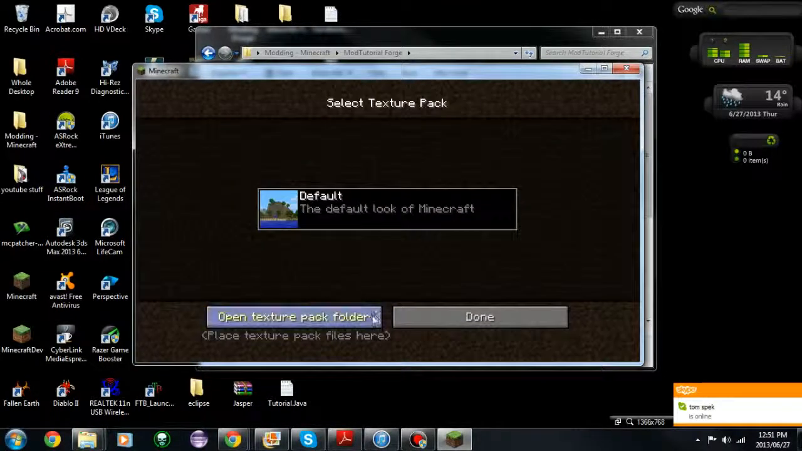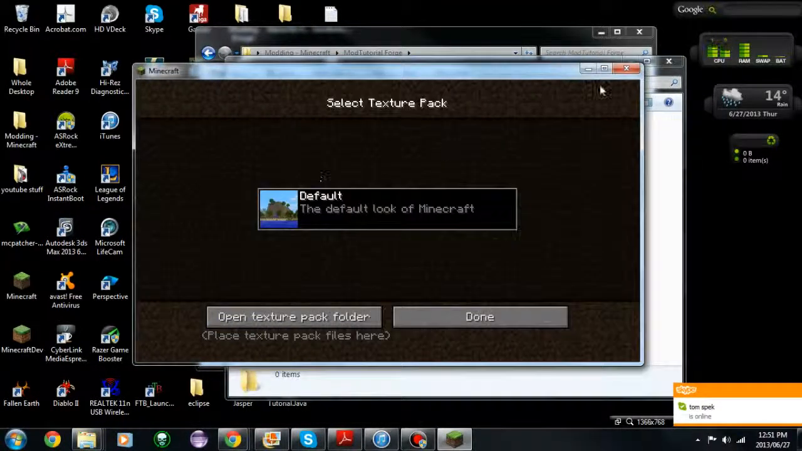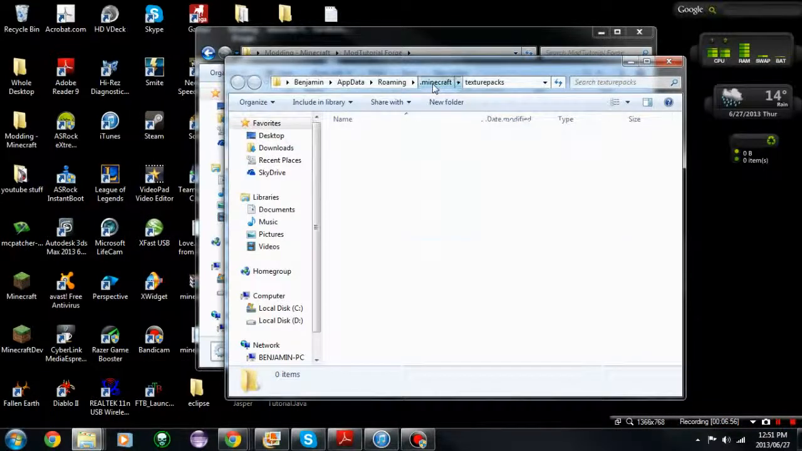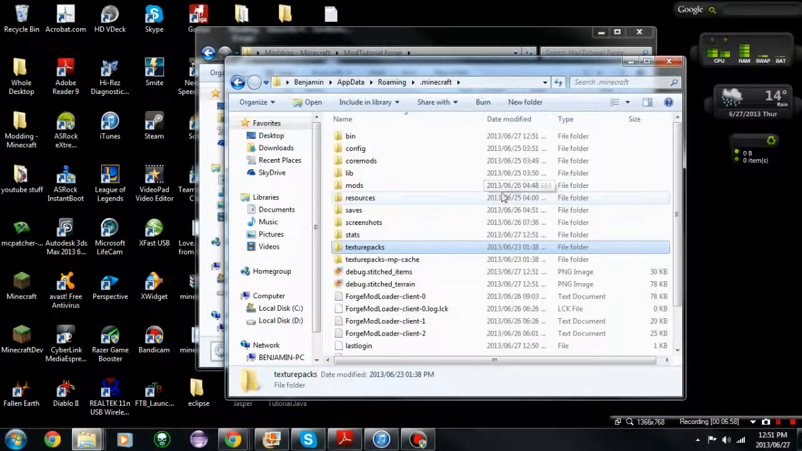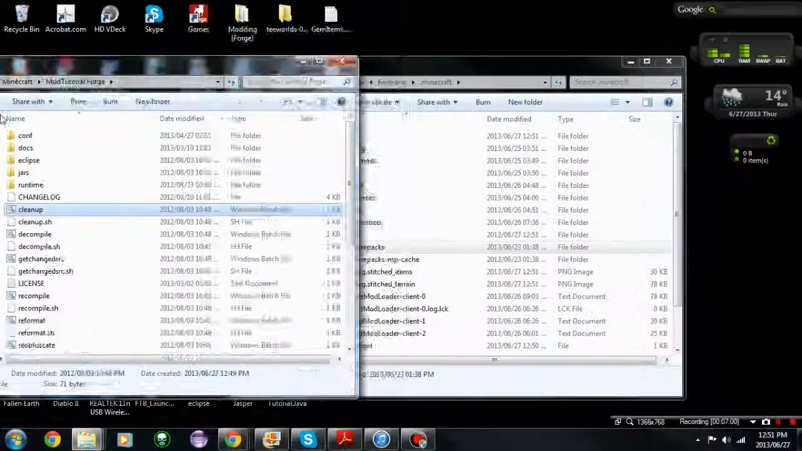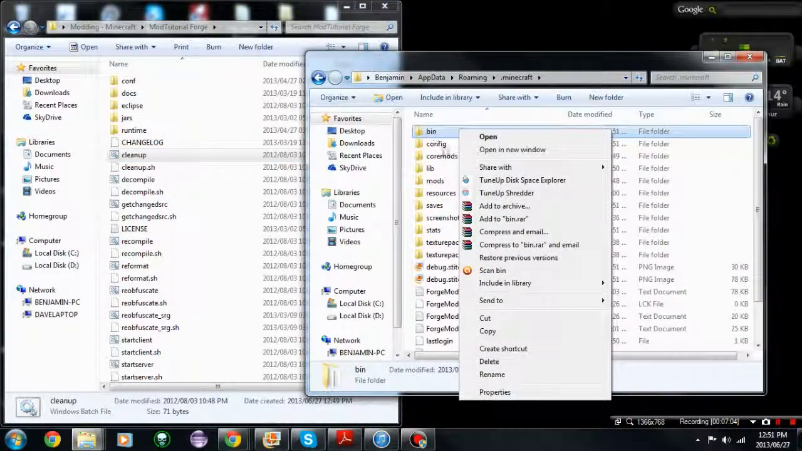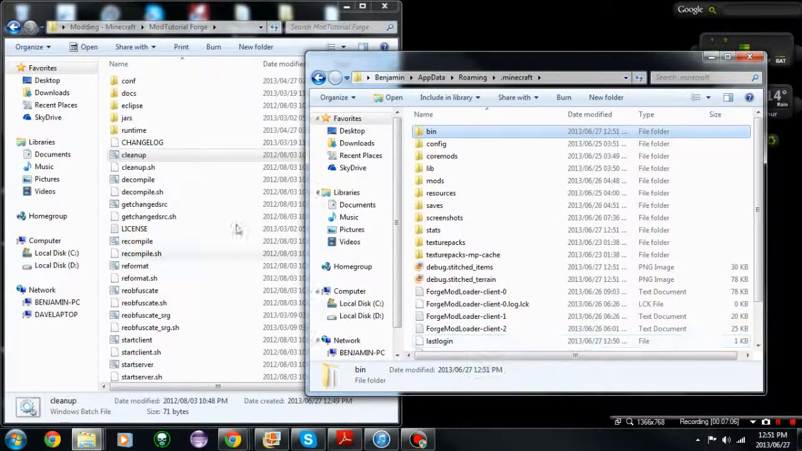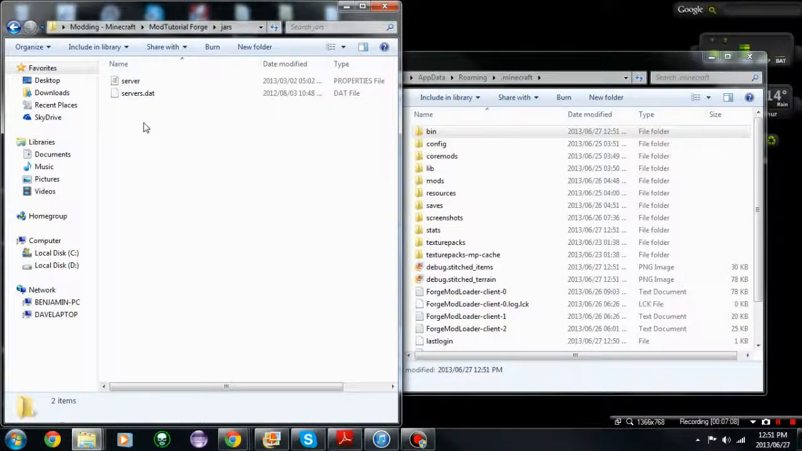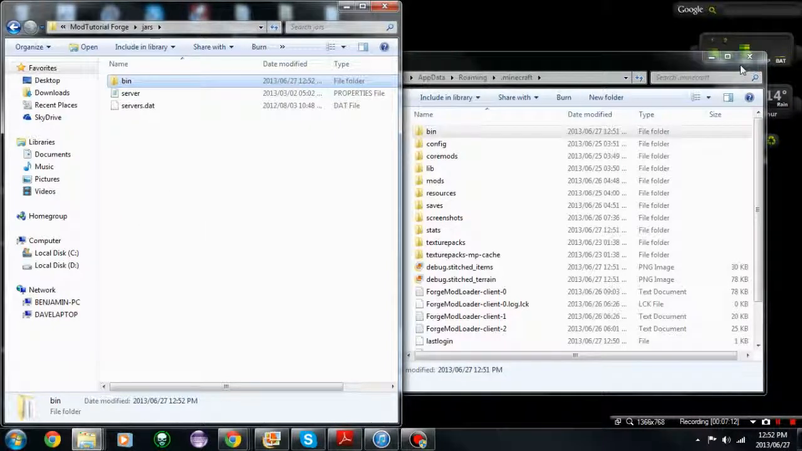Well, I'm just gonna go to there and open the texture pack folder so I can get here faster. And now you can see the bin. Now just drag the bin. I can just go here, right click on it, and copy. Go into your jars folder and paste. Okay? And now